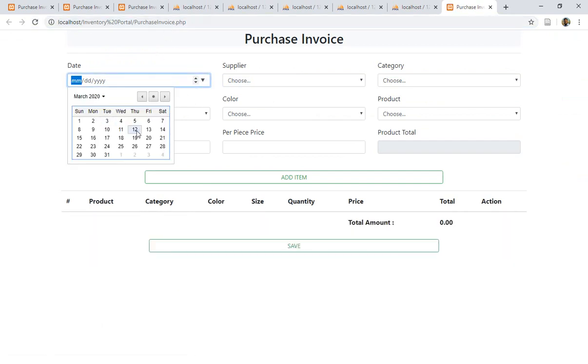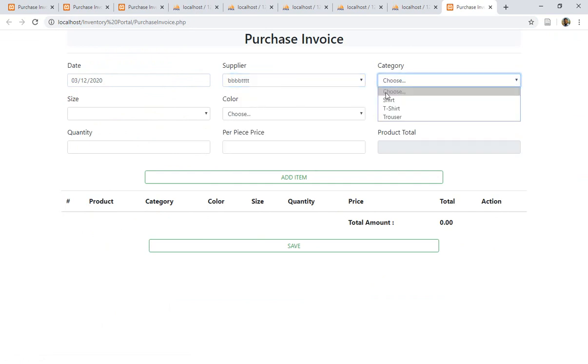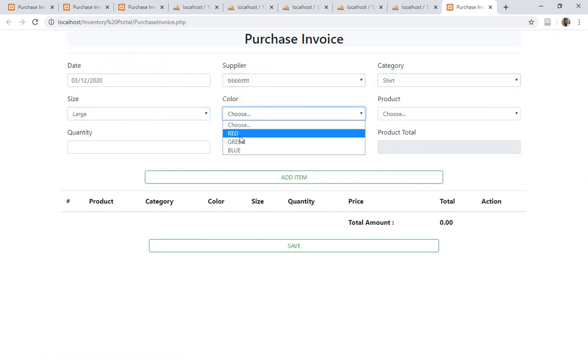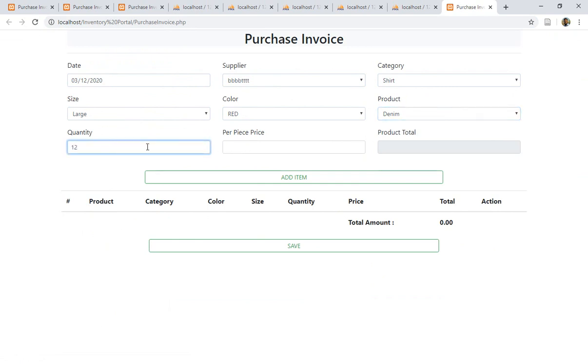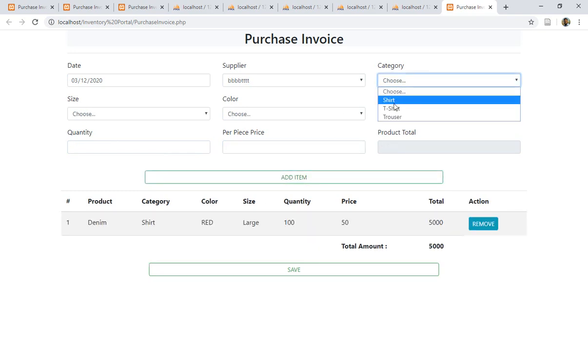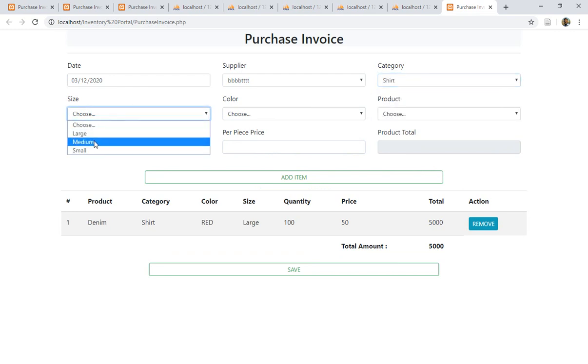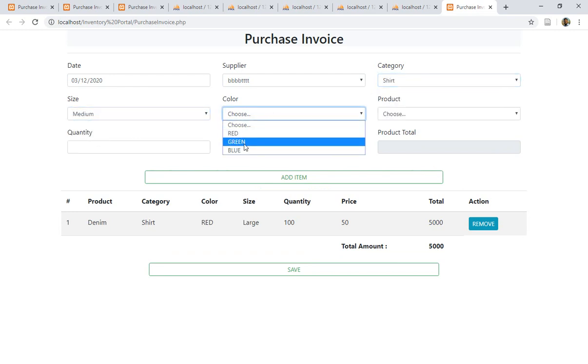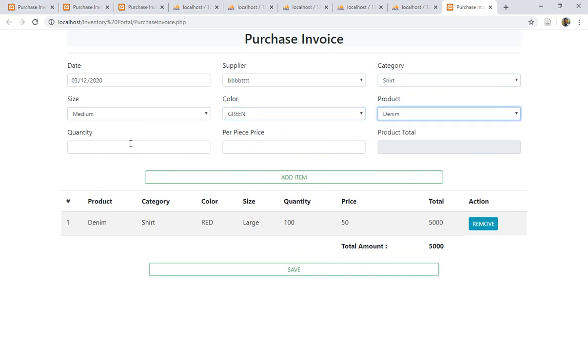output. So 12, supplier, large, red, denim, quantity is 100, per price is 50, and total. And now we have to add the trouser. Okay, let's select the shirt again, but the size this time should be medium, and the color is green, and the product is denim, and the quantity is again 100, and the per price is, let's say, 45 rupees, and